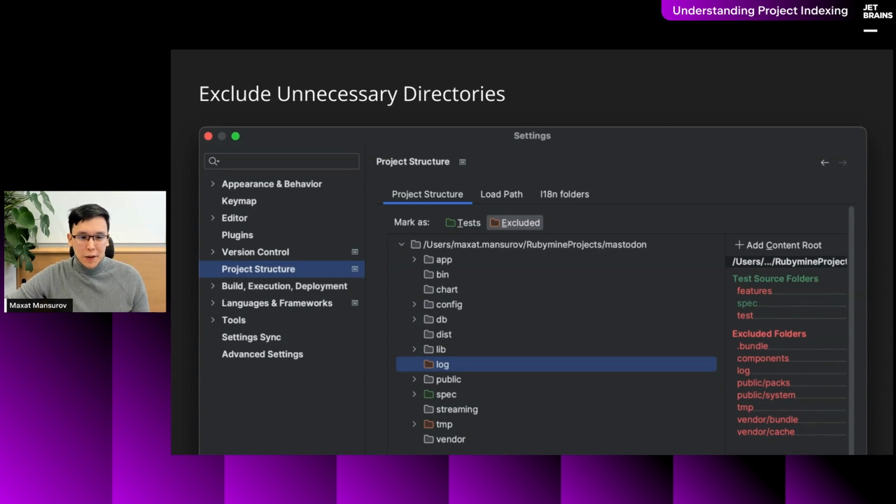Because tests can generate a lot of garbage that you are not interested in when you are developing. So it's unnecessary for the IDE to load them into the virtual file system, scan them, index them, and so on. So always make sure that you exclude all the unnecessary parts of your project from indexing, which you can do in the project structure settings.